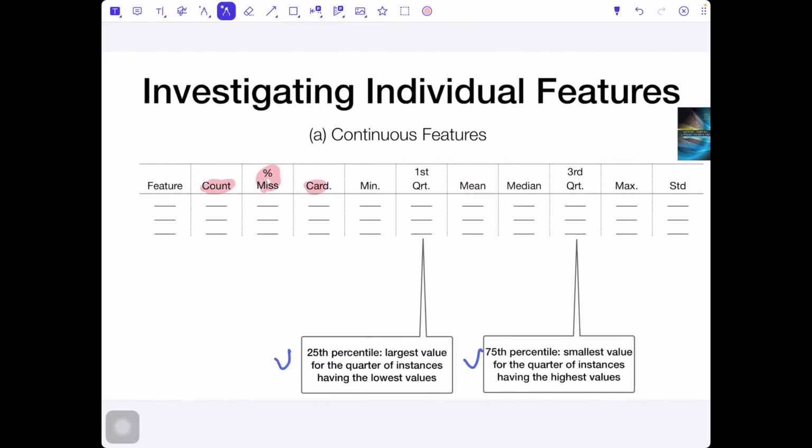Then it gives us cardinality. For the continuous case, the cardinality is how many different values there are in this feature. If we take the speed, then the cardinality could be that every entry has its own value. They are never repeating each other. If we take the color of the refrigerator, then we have only a cardinality of 3, because we have only 3 colors, all possible values which our feature can take: yellow, green, or red. We can have the minimum value and the maximum value.